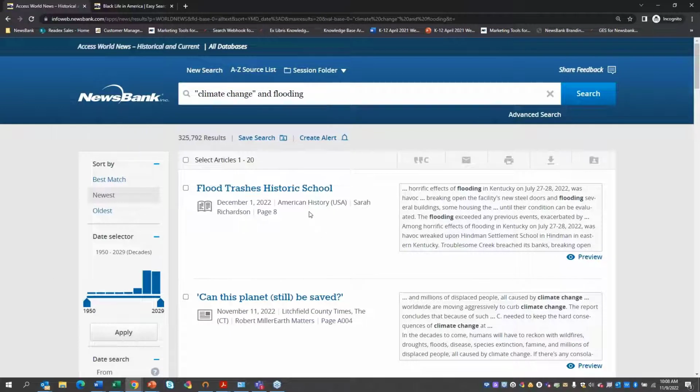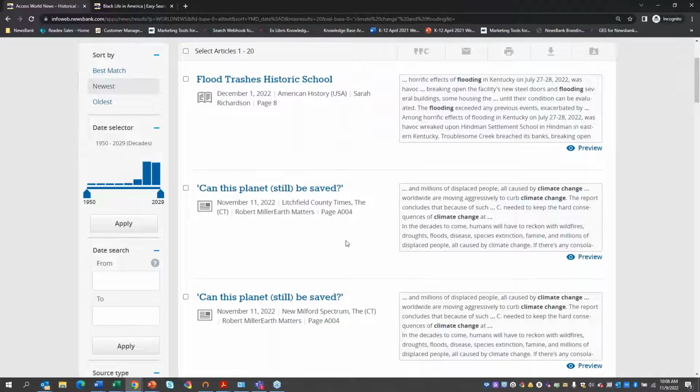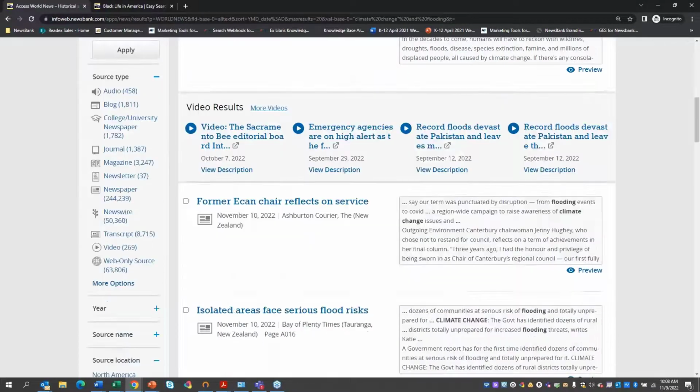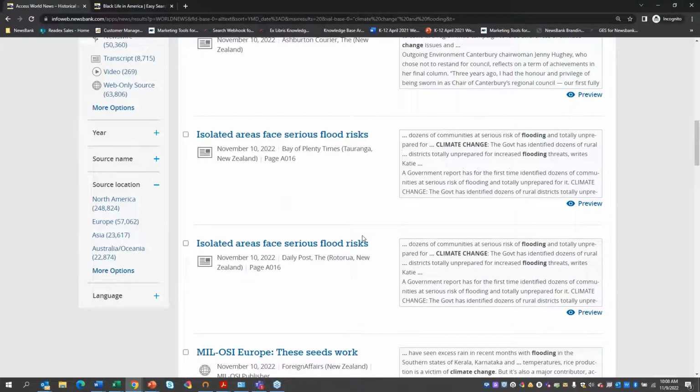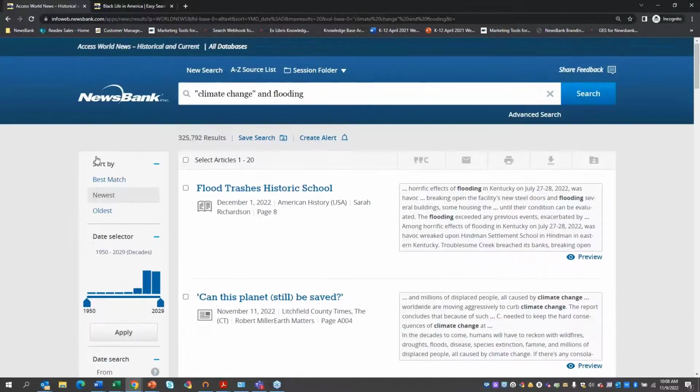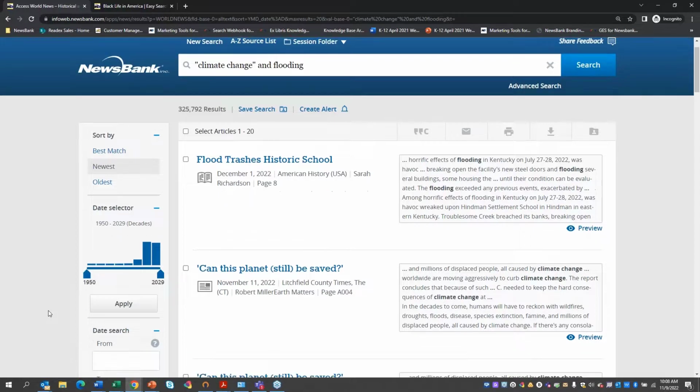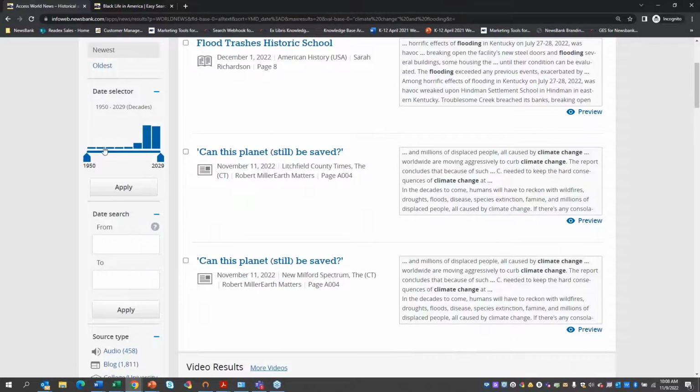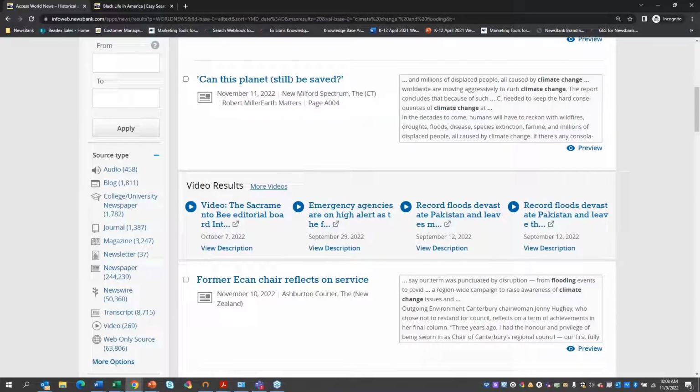As you can see, we've pulled up quite a few articles from around the world. Here are some articles from New Zealand showing me that other parts of the world are experiencing devastating rains and floods. We can further narrow our search with the limiters on the left, by date, by type of resource,